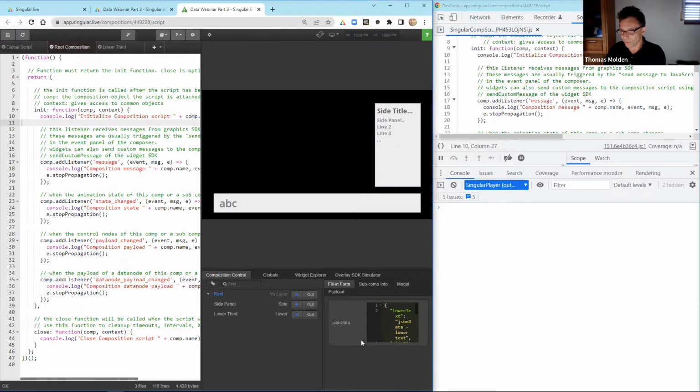So I need to move this a little bit aside. Let me take this one, that's easier. We have a lot of functions in the boilerplates. So there is, for example, a message listener. This message listener gets called when you use interactive elements within your composition. So every click or hover or enter or mouse leave is going to call that listener,